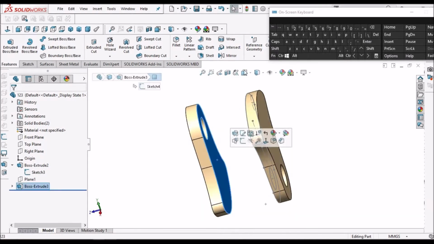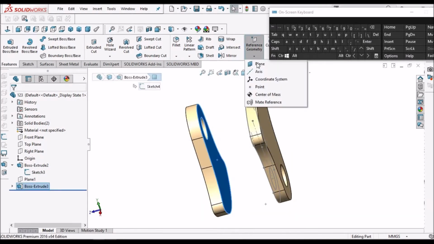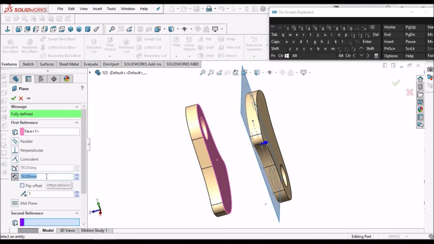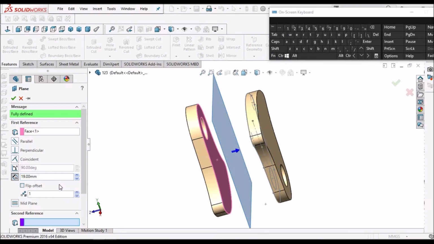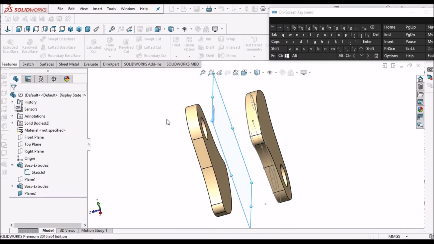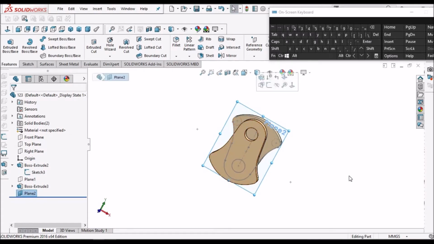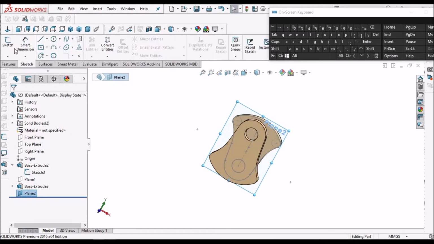Select this face, go to plane 19, say OK. Select this plane and go to sketch, make it normal.